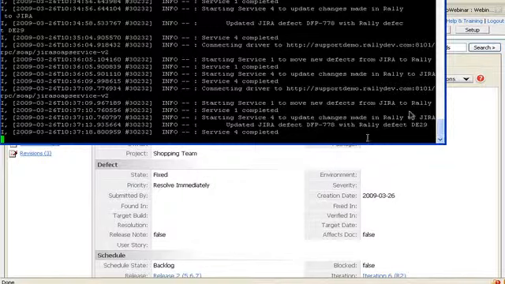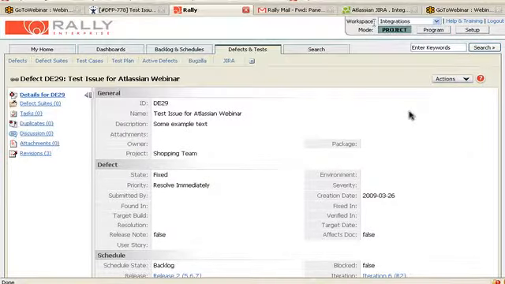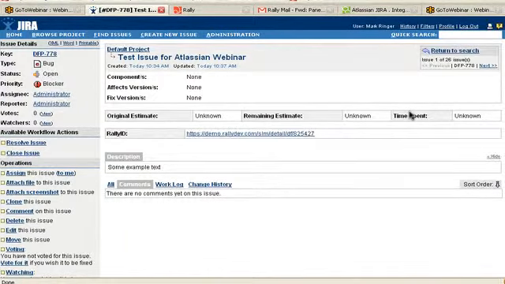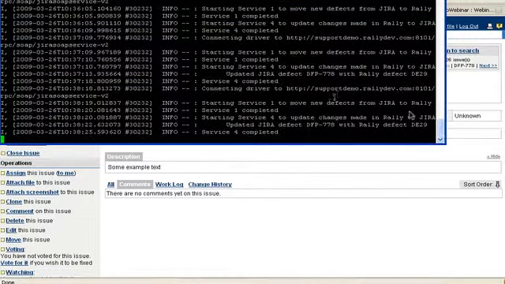So if we jump back over to our little text window, we're going to wait for that service to run again. It might have run just immediately after we made that change. I'm going to double check here and go over to JIRA and see if it did actually update. You'll see that the status here is open right now. I'm going to hit refresh. It actually still is open. I don't think it quite got that change that we had, so I'm going to wait another second here for that to update